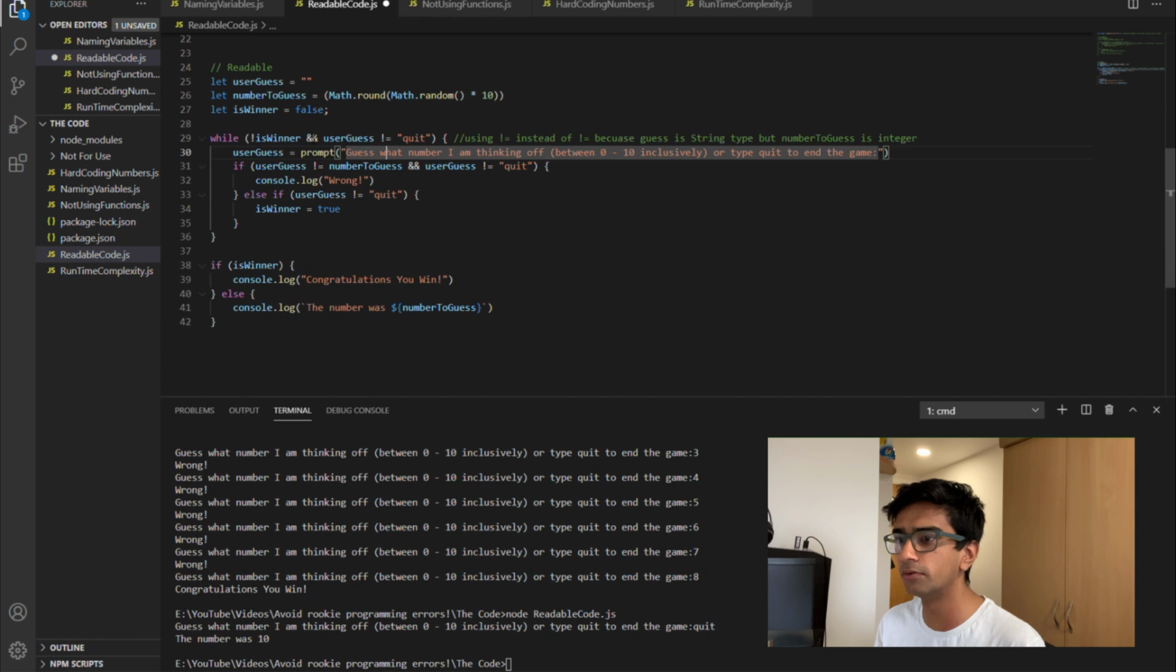So when you read these lines like "while is_winner is false and user_guess is not equal to quit, carry on," that's very straightforward. If you were to read this, you'd say, while is not the winner and user has not said quit, carry on. That's much more readable and understandable by yourself coming back to the code at a later date,